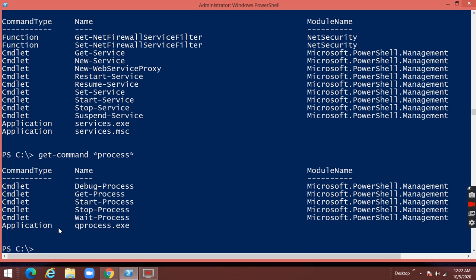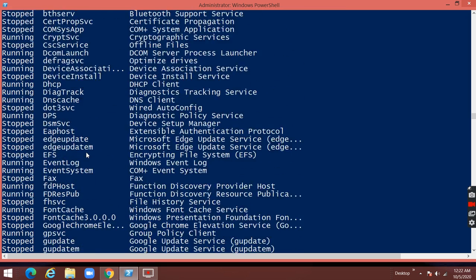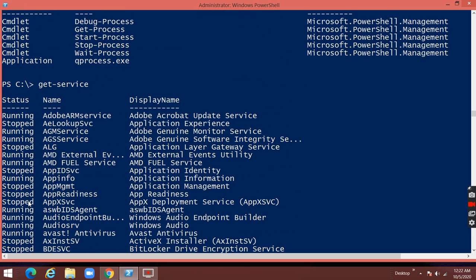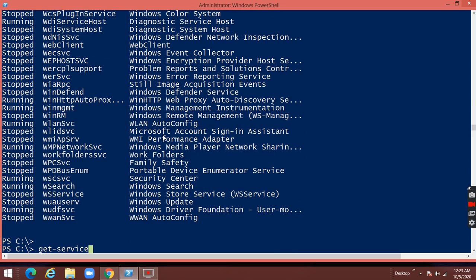And if you want to verify Get-Service, you can type Get-Service and press enter. It will show which services are running on this Windows 8 machine. You can verify all the services, whether in stopped state or running state. It will display the status, name, and display name. So running and stopped, these two categories are displayed, and names like Adobe ARM Service, and like that all the names will be there. You can find the display name also. If you want to verify with the name, you can easily verify with Get-